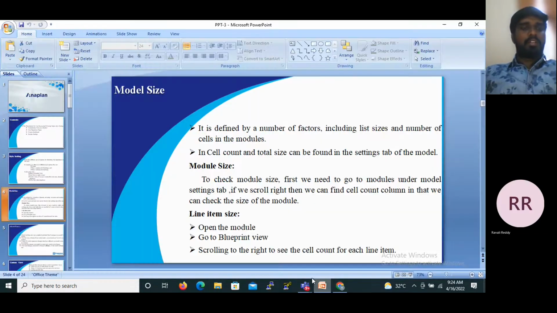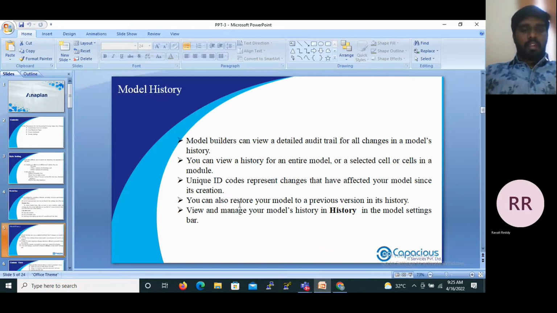And the next topic is about model history. Model builders can view a detailed audit trail for all changes in the models. You can view history for the entire model or selected cells in a model. So model builders can easily get an audit of all the changes made by the individual user by going to history. And here we will get a unique ID code that represents what changes have been done,